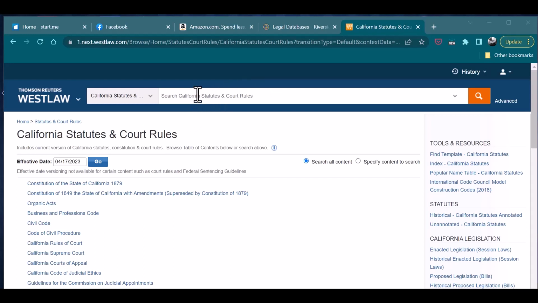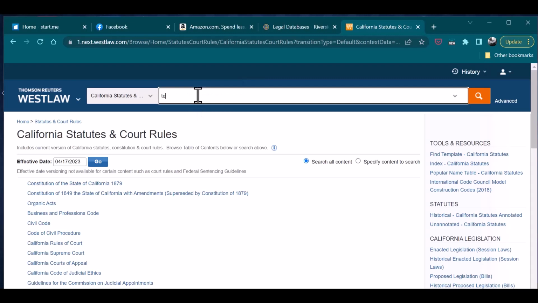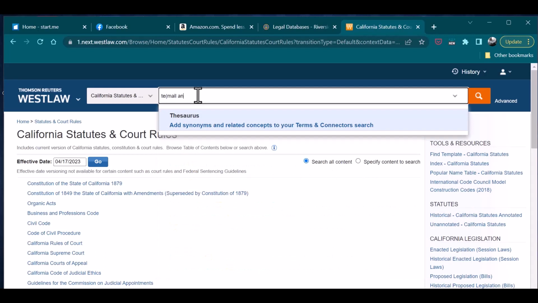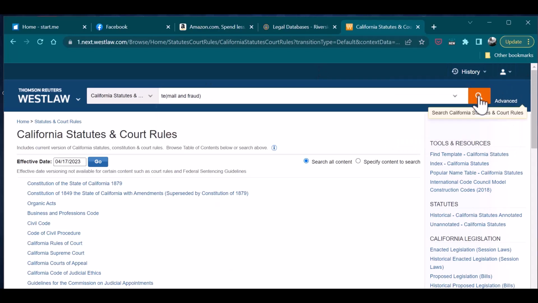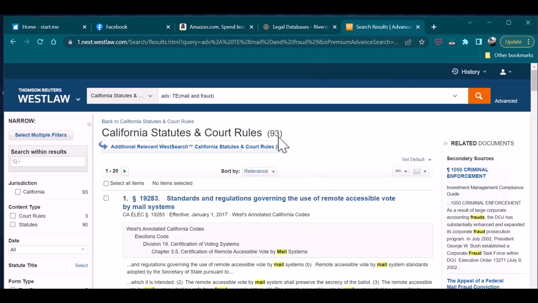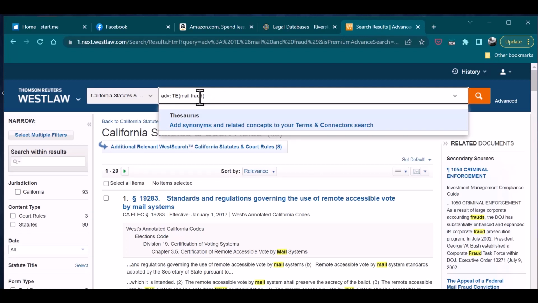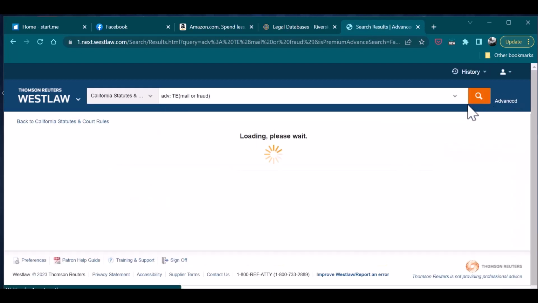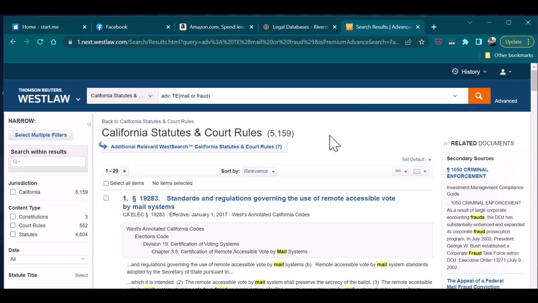So here I am in California statutes. I'm just going to do a field restrictor search to text and then search for mail and fraud. I click search, and you'll see I have 93 results. But now I'm going to change that and make it, again, a field restrictor to text, mail or fraud, run the search, and you see I get